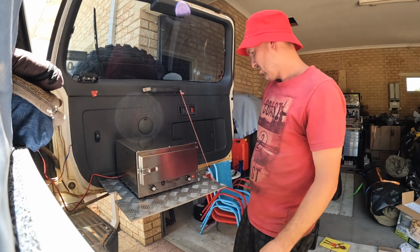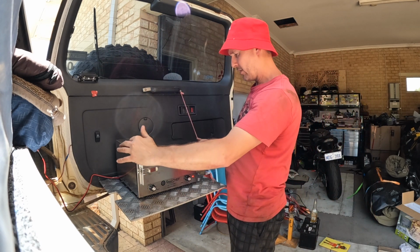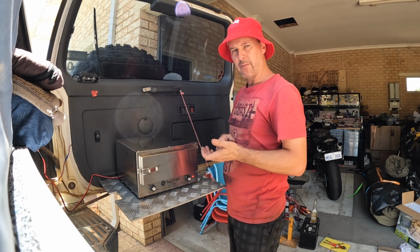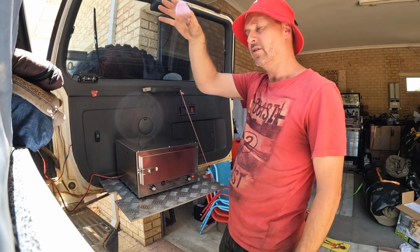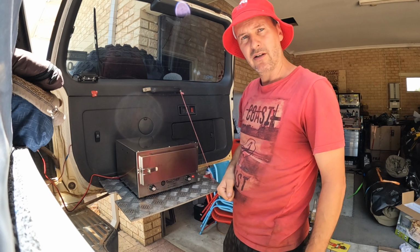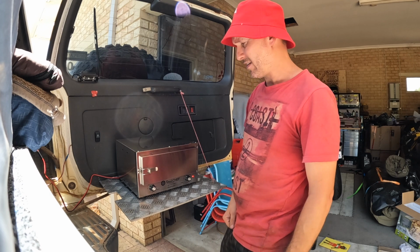I'm pretty sure this is meant to come with some brackets to hang it, to either mount it into something or hang it from the roof. And I've just realised I don't have them brackets. I've just looked in the box. I was about to say I can possibly hang it from the roof while it's on and travelling. No brackets. I will have to check with the person I bought this from, or check with the manufacturer, but